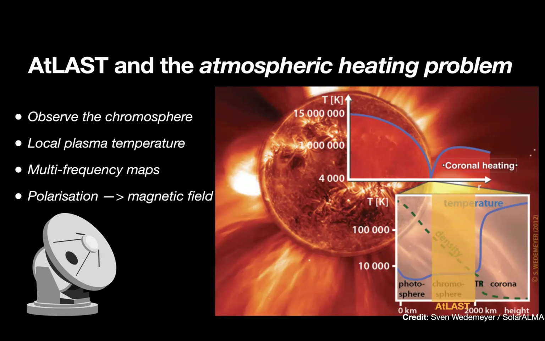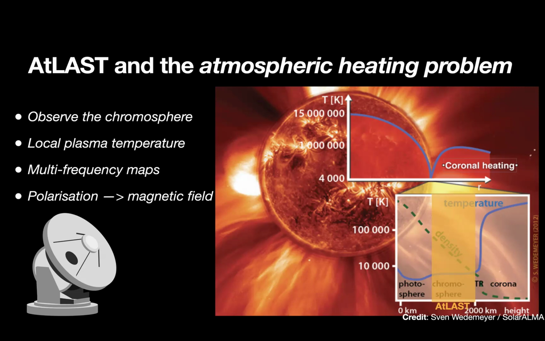So it would be a nice instrument for observing the chromosphere and any heating mechanisms that transport energy from deep in the photosphere up through the chromosphere into the corona, which should leave some imprints in the chromosphere. As the chromosphere itself is also heated, we also expect to see heating events in the chromosphere, and therefore we would ideally like chromospheric observations to try and pinpoint those heating mechanisms and their relative importance.